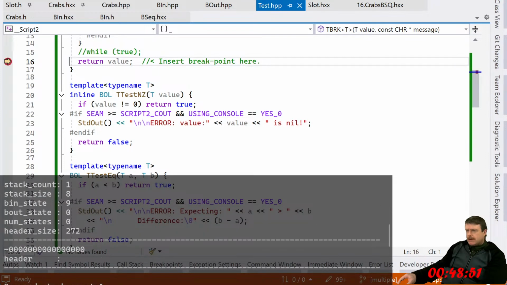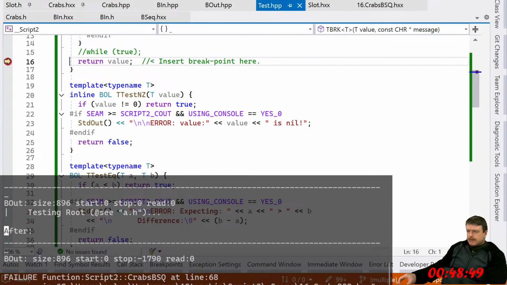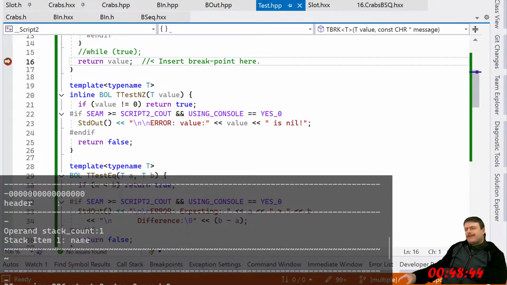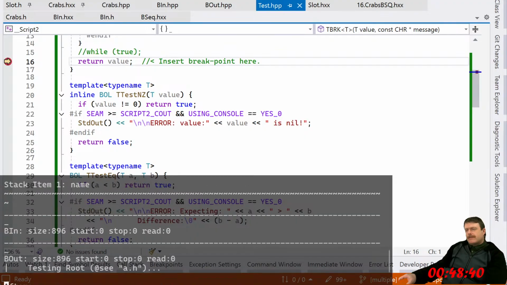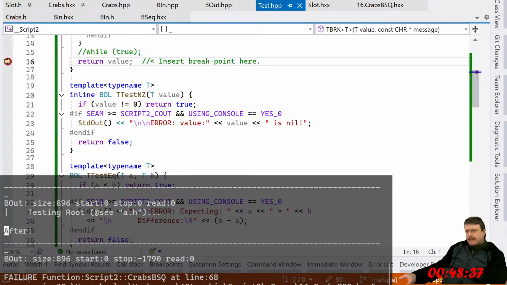It's like Microsoft is dropping meth or something through Visual Studio. Damn it.